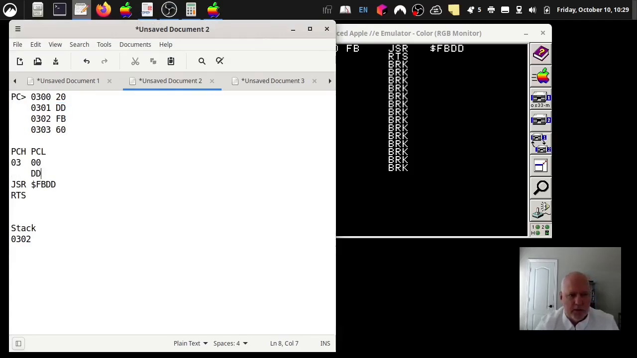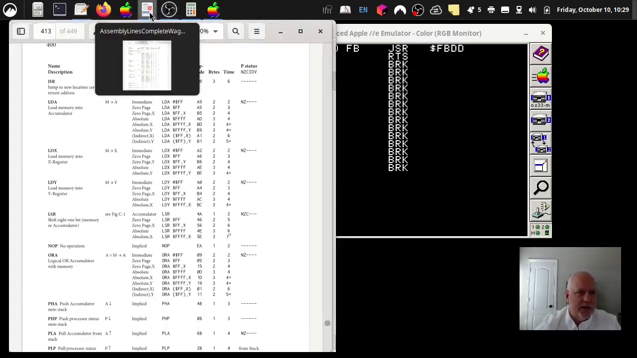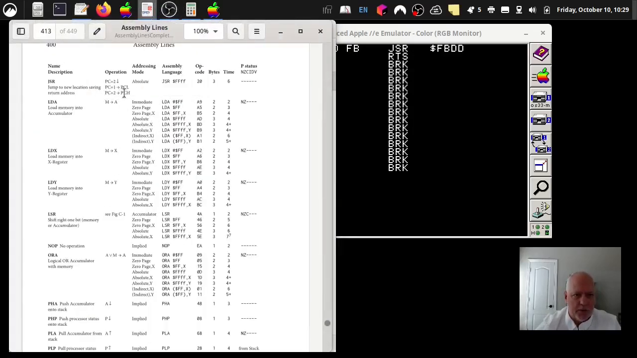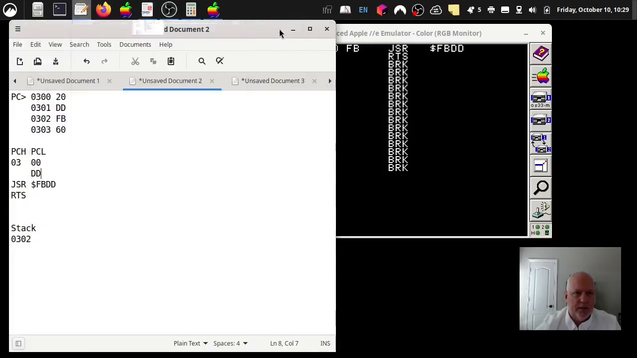So you could think of it this way, right? It's done that. And then it's going to do the next bit, which is program counter plus 2. It's going to put the PCH. So program counter plus 2, which is FB, it's going to put that in PCH, FB, which looks remarkably like FBDD, right? Okay, and then it's going to jump there. So it's going to go to FBDD, and it's going to do whatever FBDD does, okay, which is beep, beep,